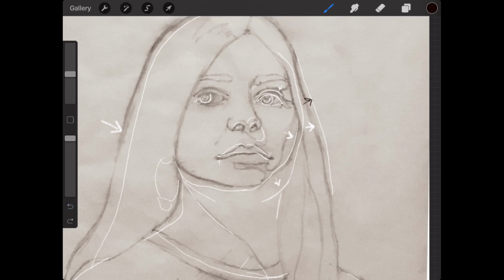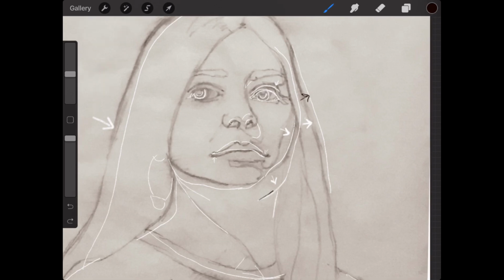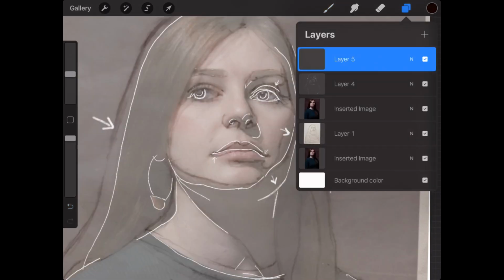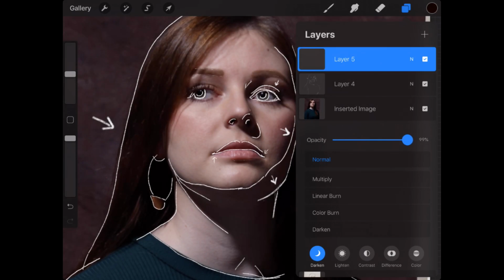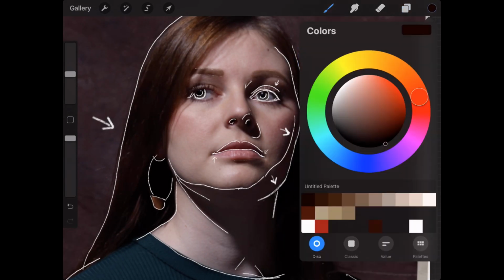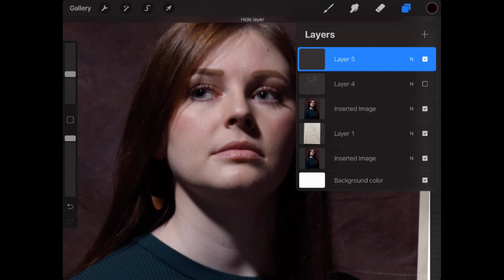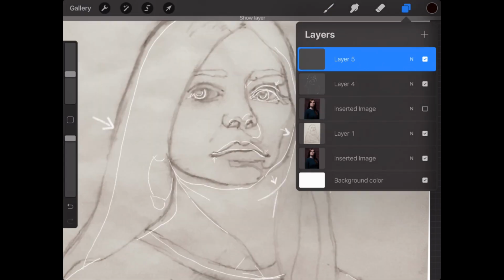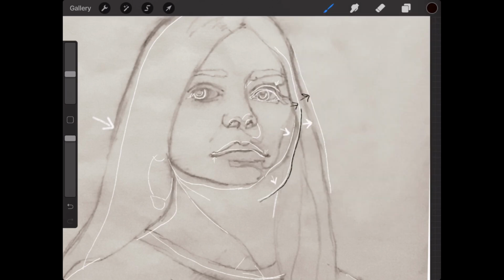And so if that's the case, then you might consider taking the photograph and lightening it on the computer so that you can just see within the shadow. And then you'll be able to see that her jawline actually comes down in here. I think I lightened this photo just enough to where you could actually see that. Yeah, so you can see that her jawline drops down a bit. So I would just go in and make sure you outline this and make sure you bring this out a little bit wider, all where you see that white line there.